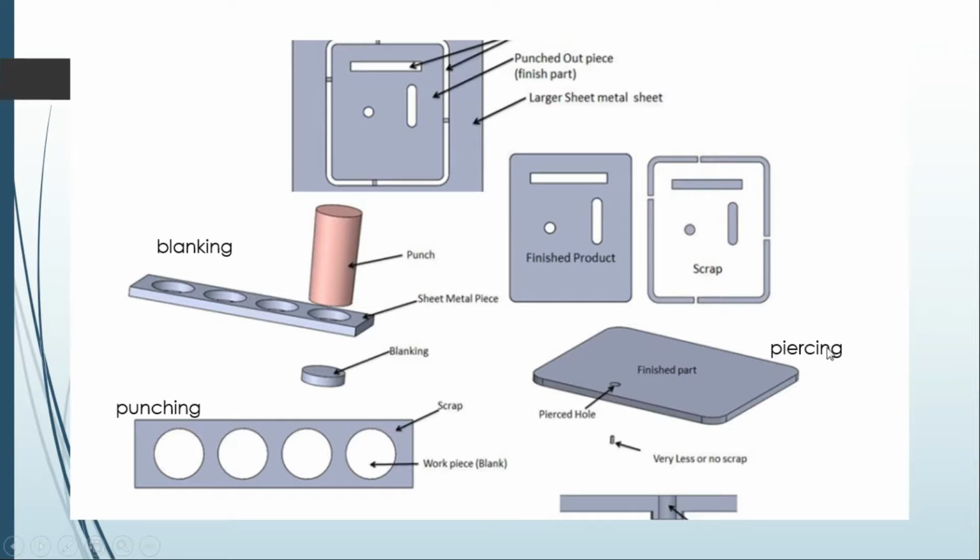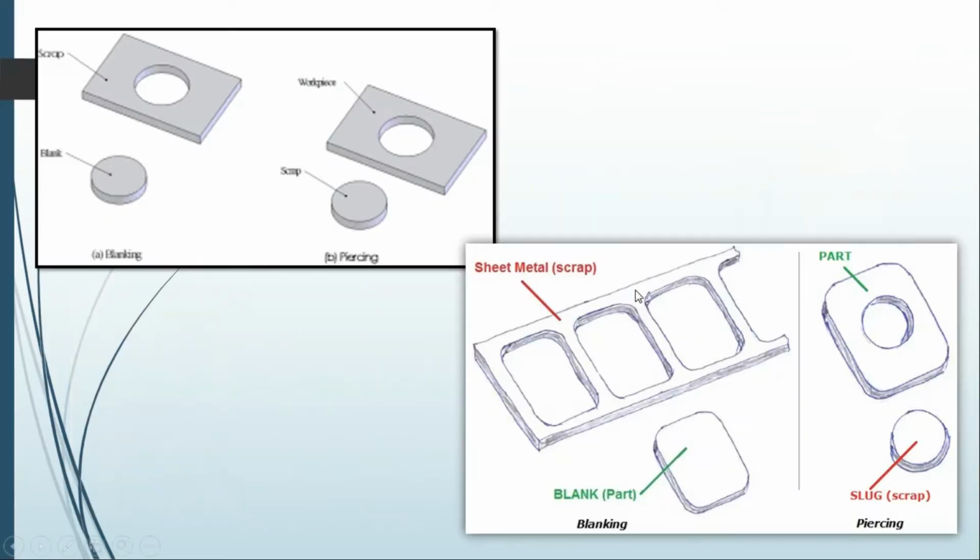Another term is called piercing. If you take a medicine or any ointment cream, there will be a small note written on it, pierce over here. That means a very small hole, where no material or a very minimum amount of material is going to be wasted or removed. That is called piercing. Punching and piercing are close to each other, but there is only one small difference between them. What we have studied is available over here. Now we'll go to the next one.